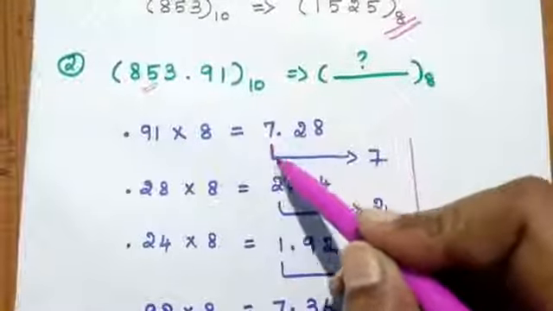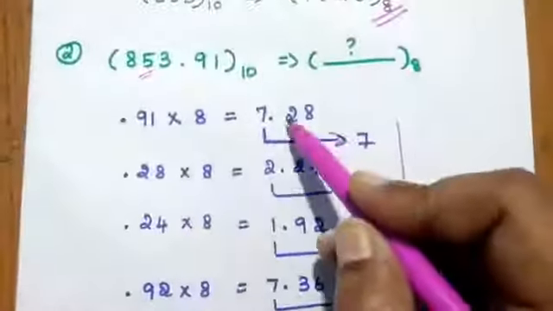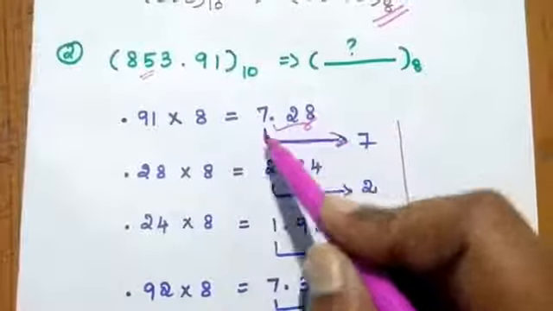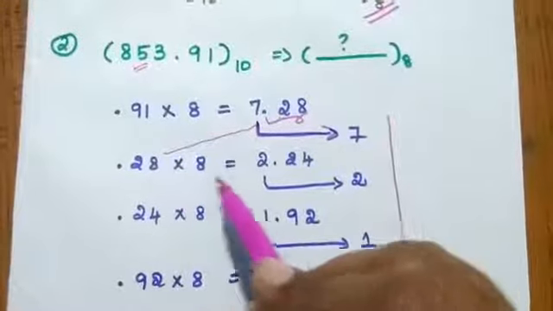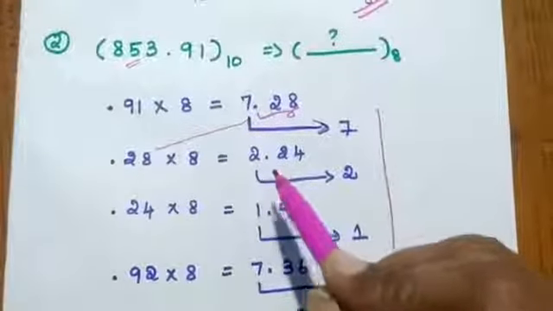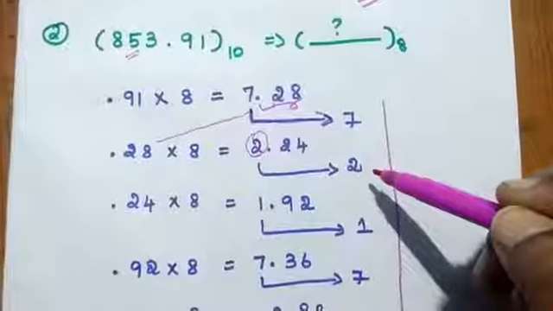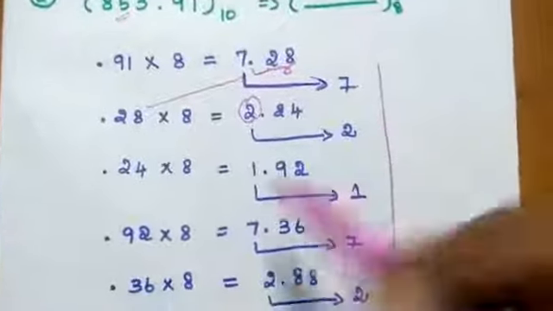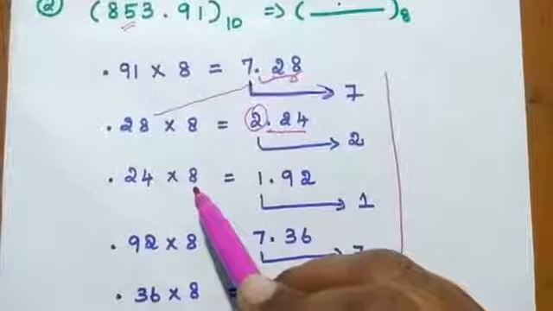We can take this integer part here and move the fractional part to the side. So 0.28 is multiplied by 8, again we will get 2.24. So here we can take this 2 as the integer part and this fractional part 0.24 is multiplied by 8,